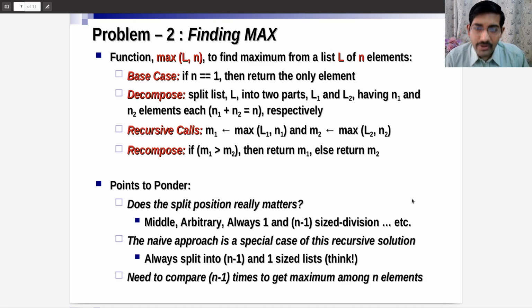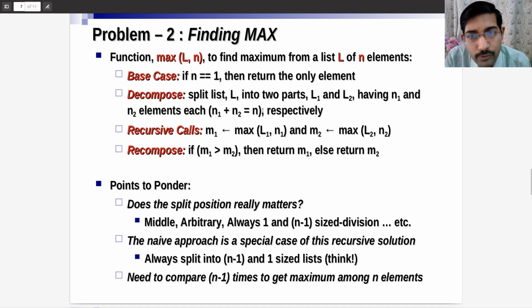What I am trying to say is that your recursive thinking in a generic sense will give you such special cases which you call as iterations in your algorithms, because here n minus 1 and 1 split is nothing but traversing one after another each element, so you can implement it using iteration as well. However,